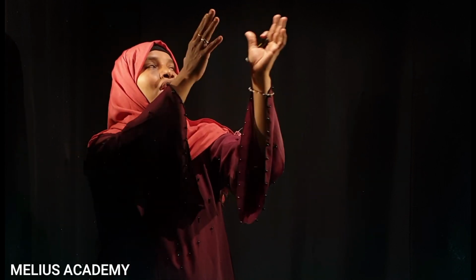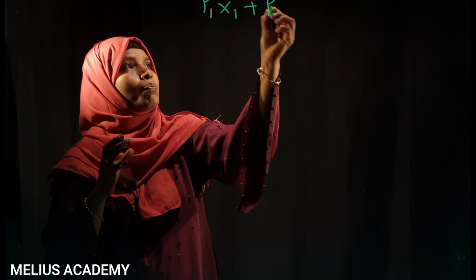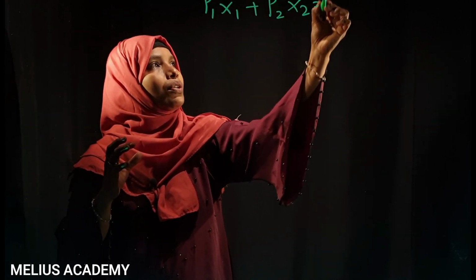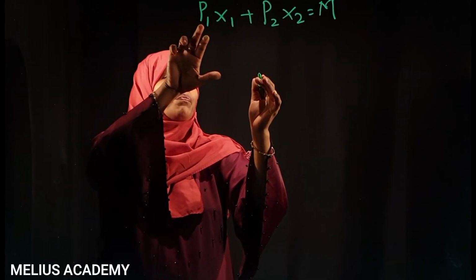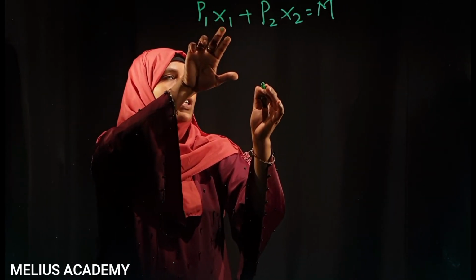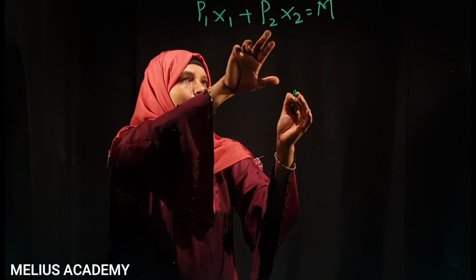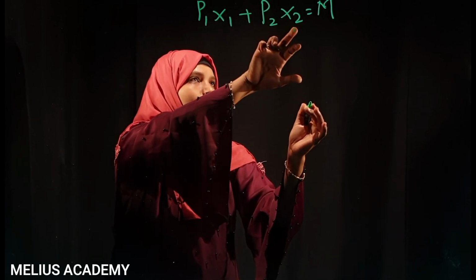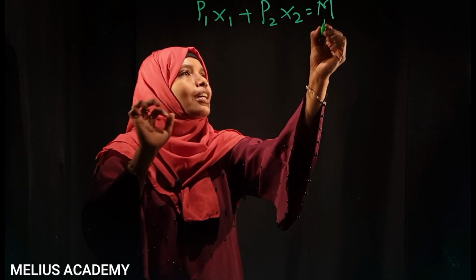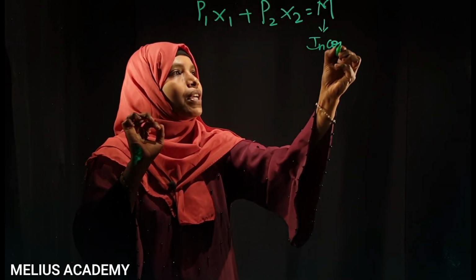Fine, students. From chapter 2, we'll be working out the first question, where they'll give you the price of banana, the price of mango, and the income. Remember, in chapter 2 we have done the budget line, so you have to remember it here. That is P1x1 plus P2x2 is equal to M. P1 is the price of commodity 1, x1 is commodity 1, P2 is the price of commodity 2, x2 is commodity 2, and M is income. You should know the income. This part is very important.